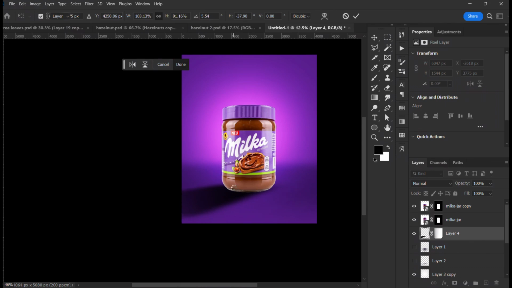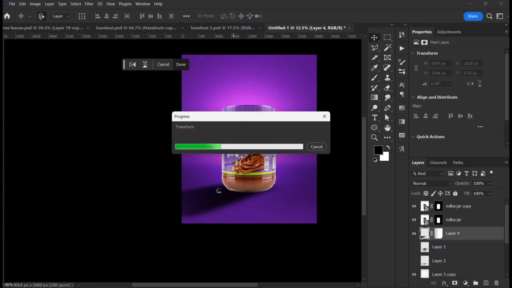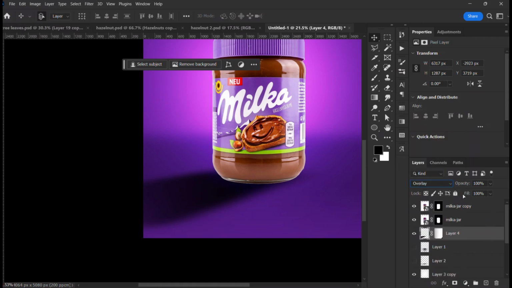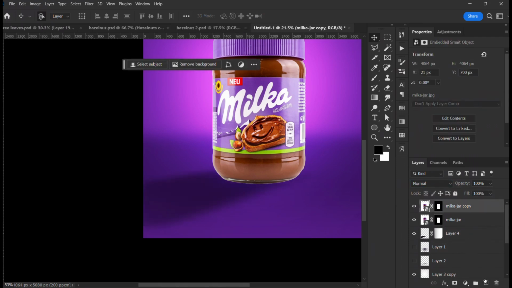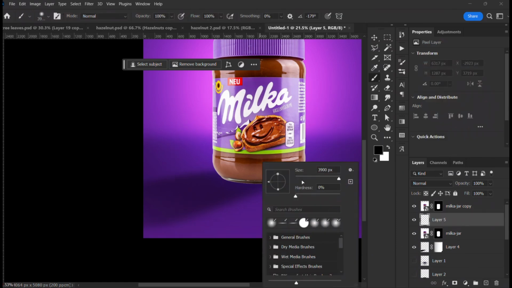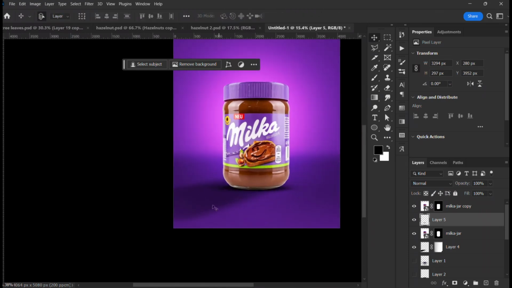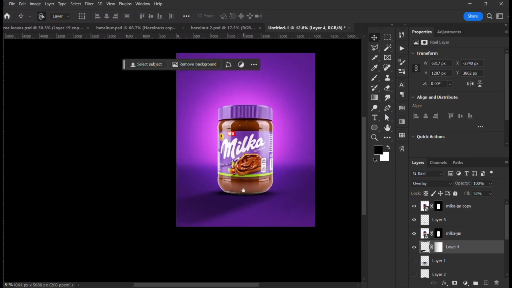So now your shadow is the main thing here, because you don't want the product to just be lying down there on the floor without a base. Do you understand? So it's the main thing here. So this one now, I'm going to change it to overlay, and I'm going to reduce the opacity just small. Then I'm going to add the base shadow here with this brush. So just adjust the brush till it fits the circumference of this bottle like this. So exactly, so it's sitting pretty well now. So I'm going to adjust this one to fit this like this. Okay,